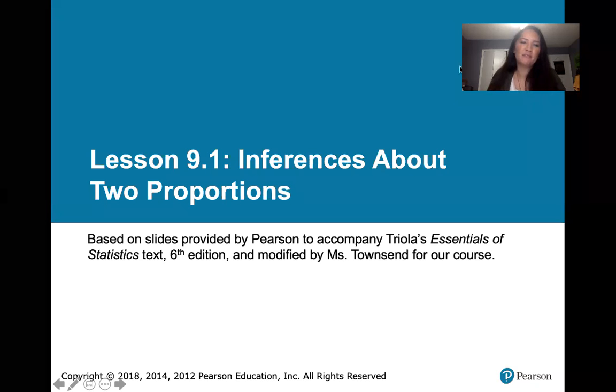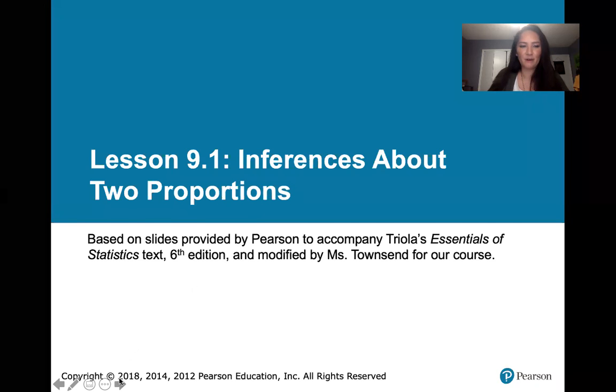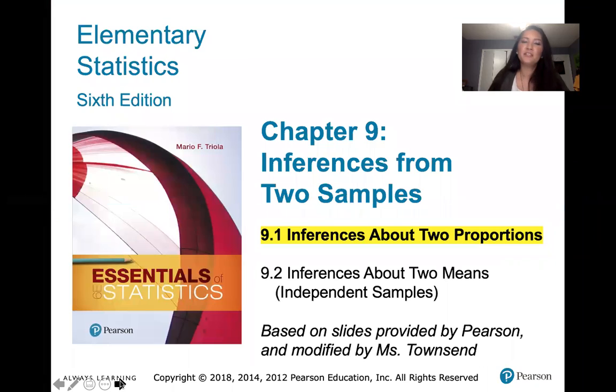In this video, we provide a lesson overview of lesson 9.1, which is all about making inferences about two proportions. These slides are based on slides provided by Pearson to accompany our text and then modified by me for our course. This material is from chapter 9, which is about inferences from two samples from Essentials of Statistics, 6th edition